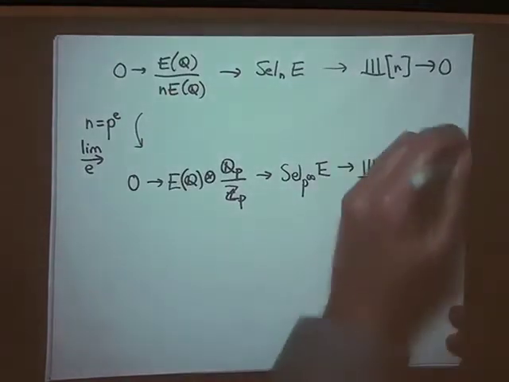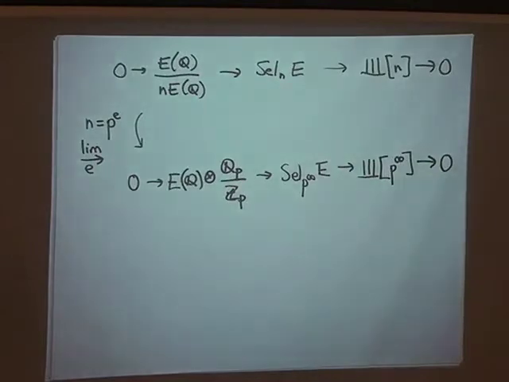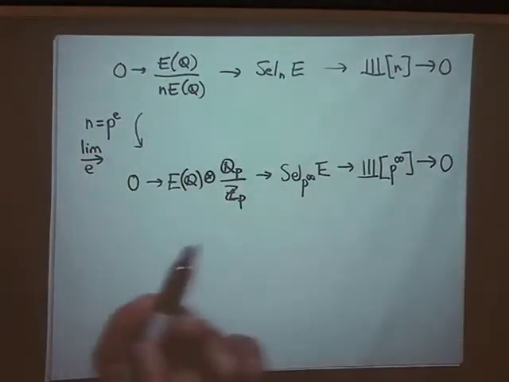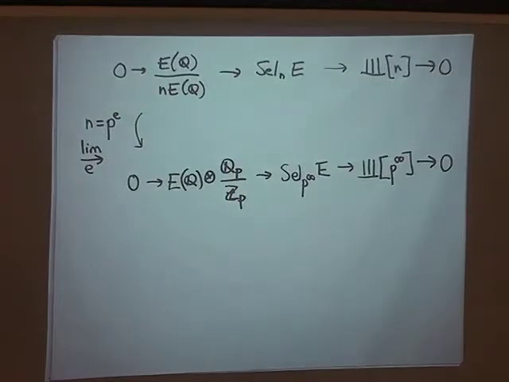Okay, so you get this short exact sequence that's associated to the elliptic curve E and the prime p. So let's give this thing a name. Let's call it, let's see,